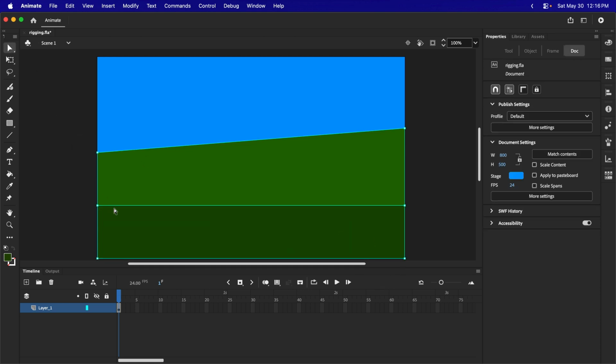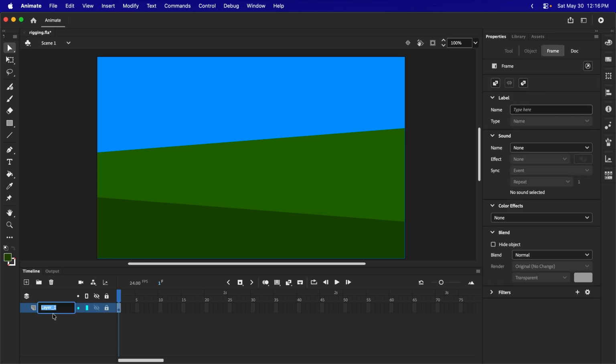And then I'll use that tool once more just to make some additional adjustments, just creating some variants in how this is set up. There we go. Okay, so I'm going to lock this layer down and go ahead and rename it to BG